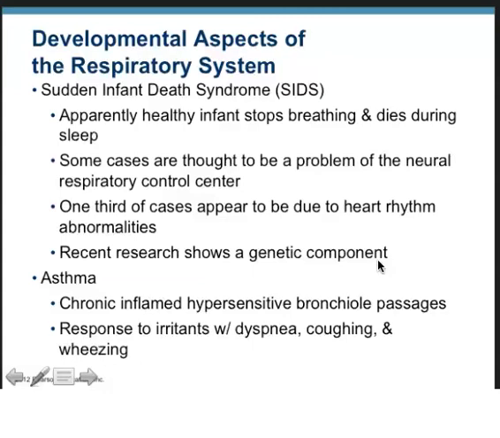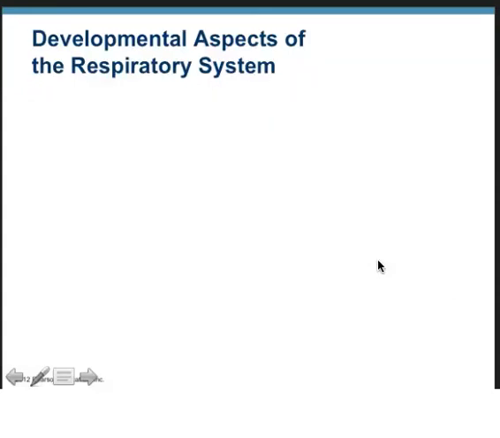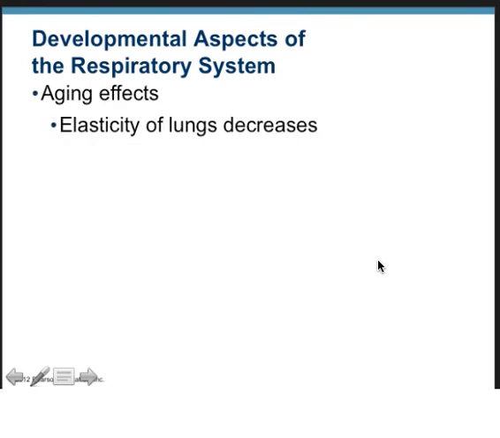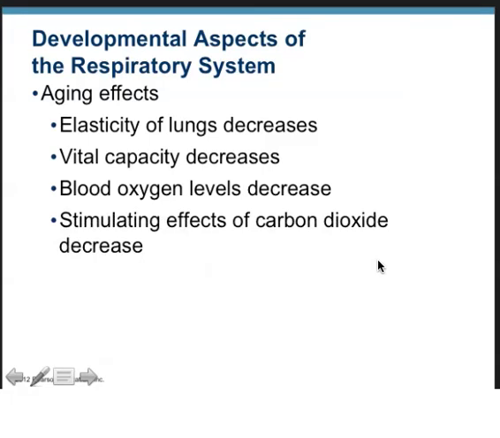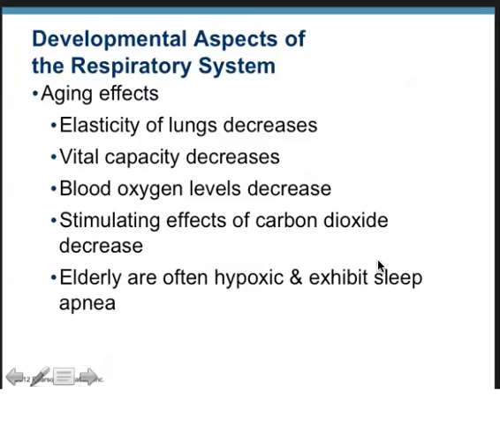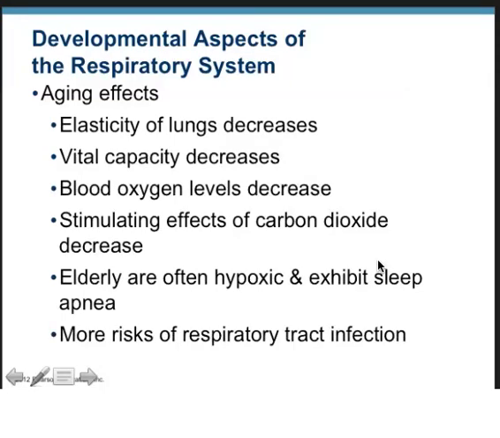And so asthmatics will often carry with them inhalers that contain epinephrine or albuterol, and what these compounds do is they promote bronchodilation so that you can more easily inflate the lungs when you breathe. As we age, the elasticity of the lungs declines and the vital capacity goes down because the lungs can't stretch out as much. The blood oxygen levels decrease and the stimulating effects of carbon dioxide decrease. As a result, the elderly are often hypoxic and will exhibit sleep apnea, and they also run a higher risk